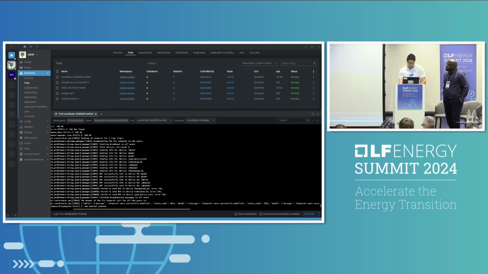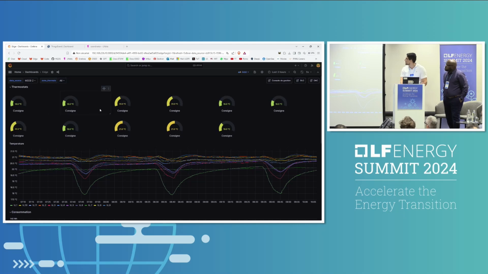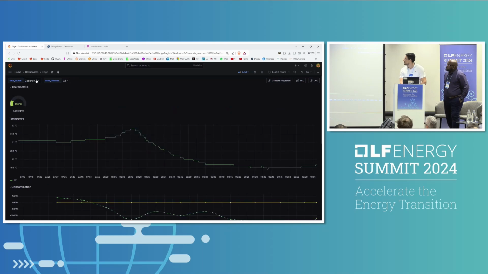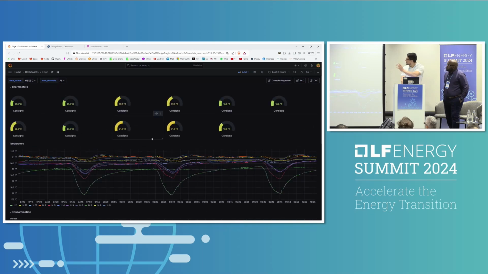So in theory, I should start to see the set points change to 18. Okay, already changed, and this one is slowly changing.